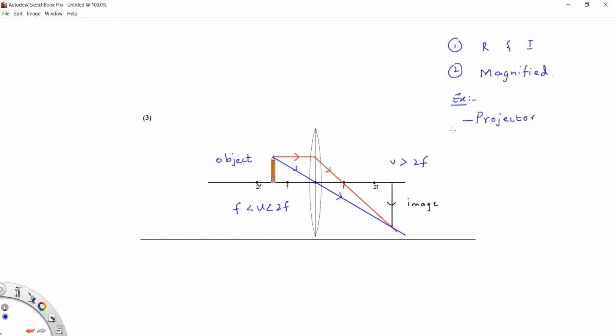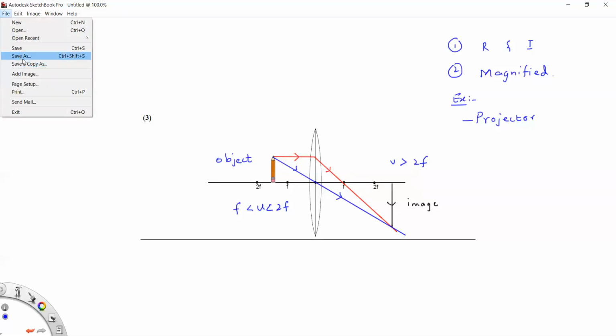So I am recording this. The photocopier can fit in all the cases, by making the image smaller or bigger. Case 1, case 2 and case 3, yes, exactly. But the more appropriate example would be a projector, where you get a large image on the wide screen. Okay. So moving on, let's save this.